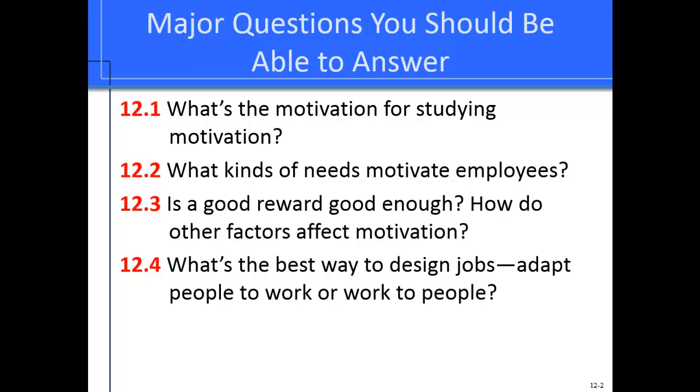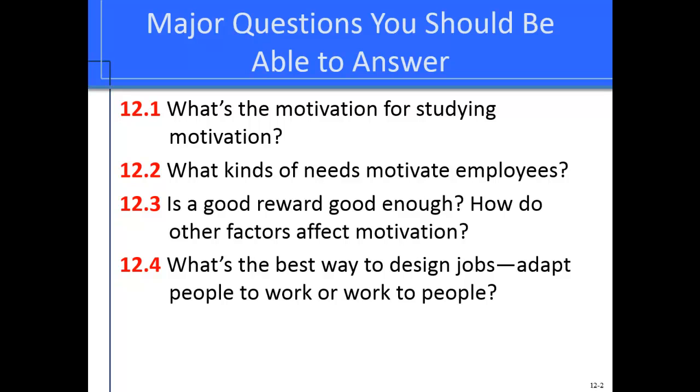The chapter is broken up into 6 portions. The first one is over motivating performance. Here's the question you should be able to answer after you've completed that spot: what's the motivation for studying motivation? Section 2 is over content perspectives on employee motivation. The major question you should be able to answer after reading the chapter is, what kinds of needs